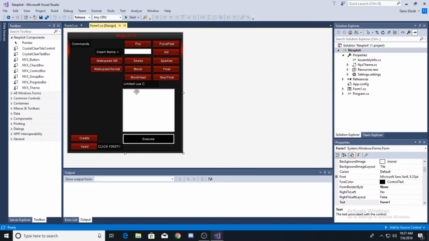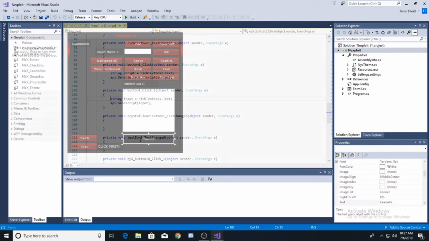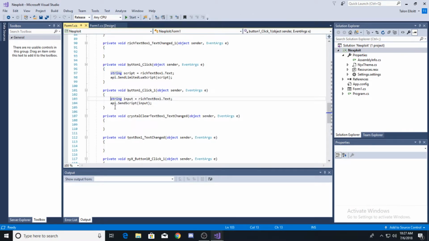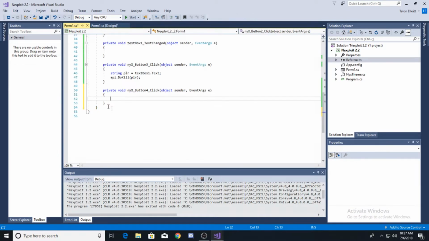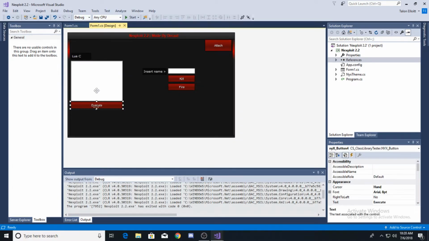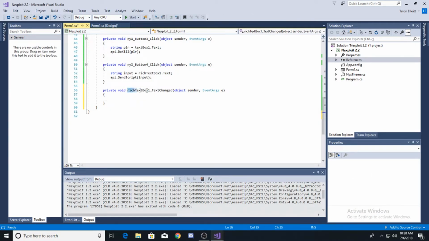Now, in the execute button, you guys are going to do pretty much the same thing that you did with these things right here, all the stuff up here. What we're going to do is string input, whatever text box you use. You guys are going to double click to find out which text box is rich text box 1. And so we're going to do RichTextBox1.Text, and then